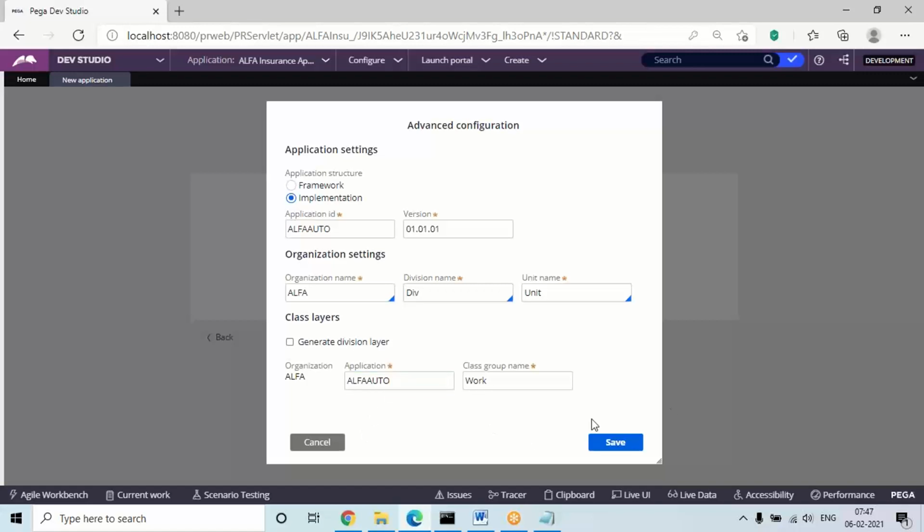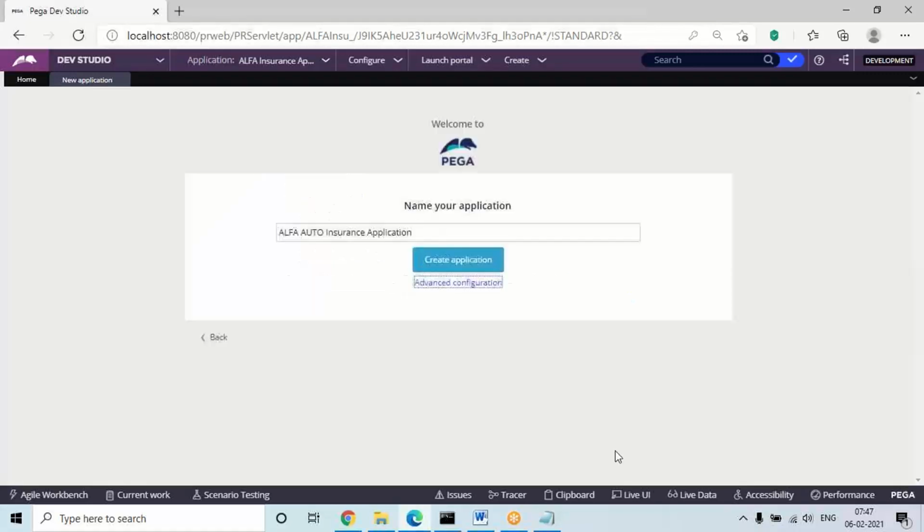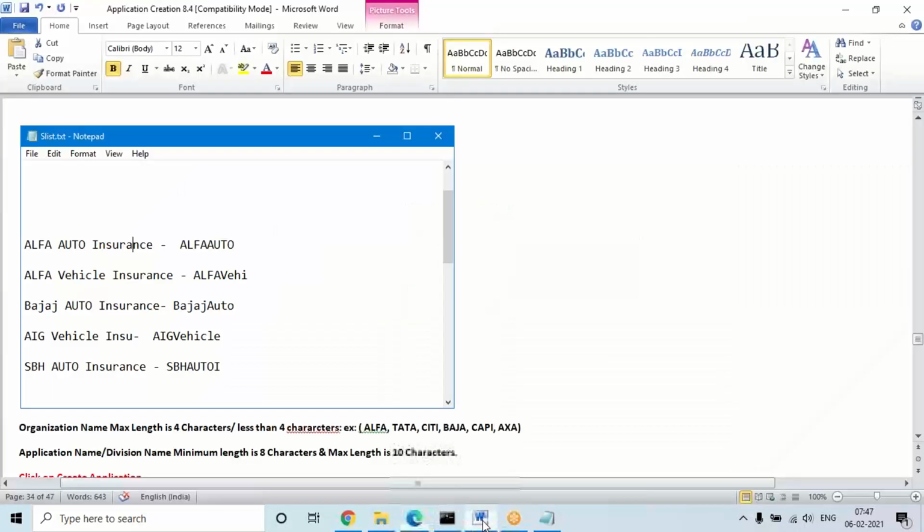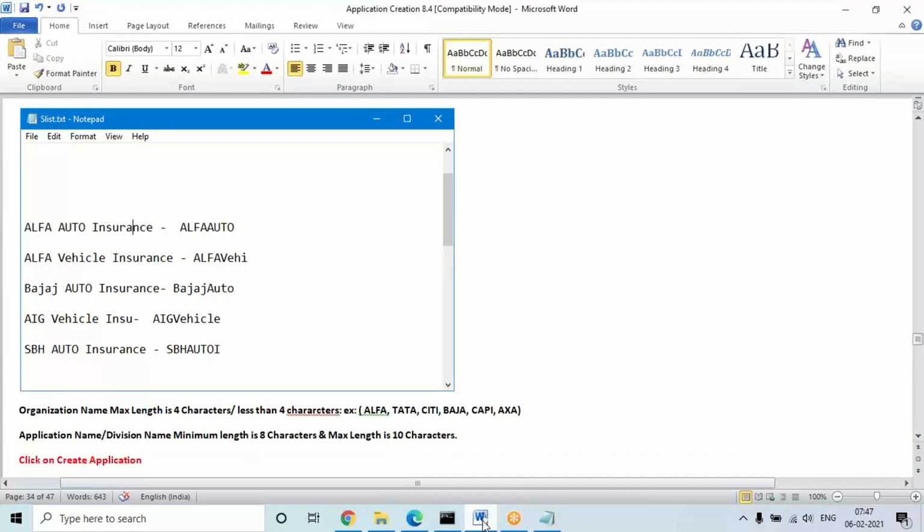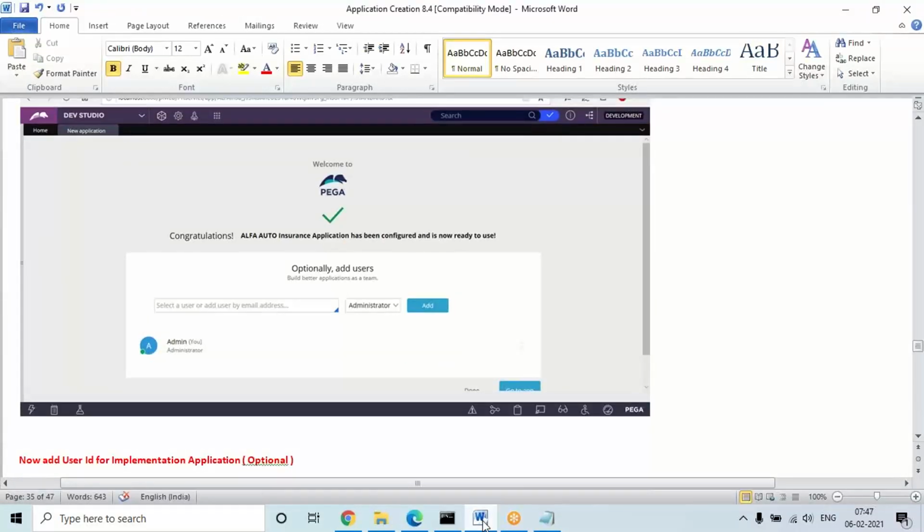Okay. Now anyway, click on save and now click on this button. Actually, when the implementation name is given, without opening the settings, I can directly click on this button. So here also your application will be generated. Now actually for this implementation, no need to generate a new ID.